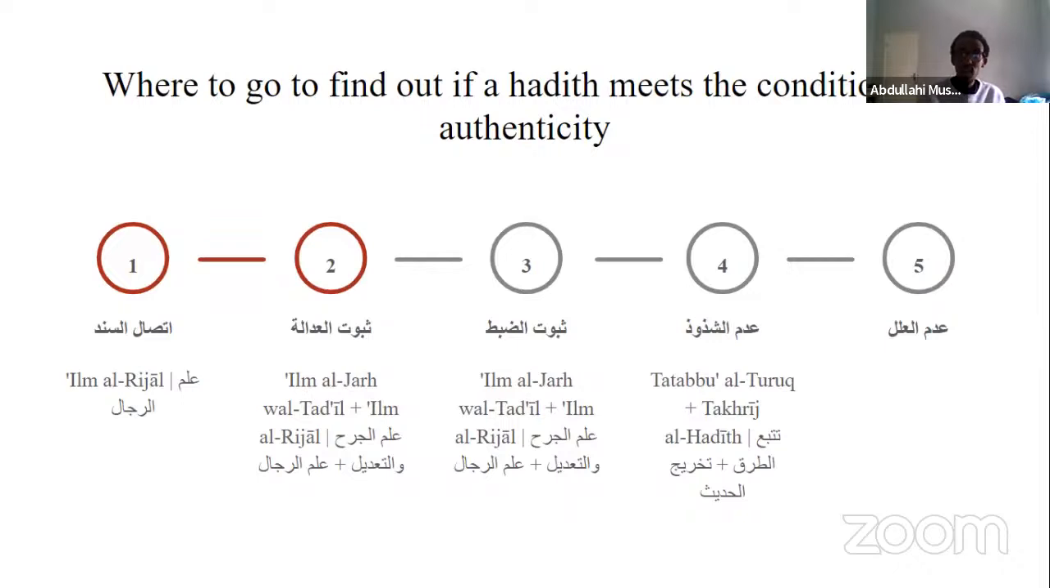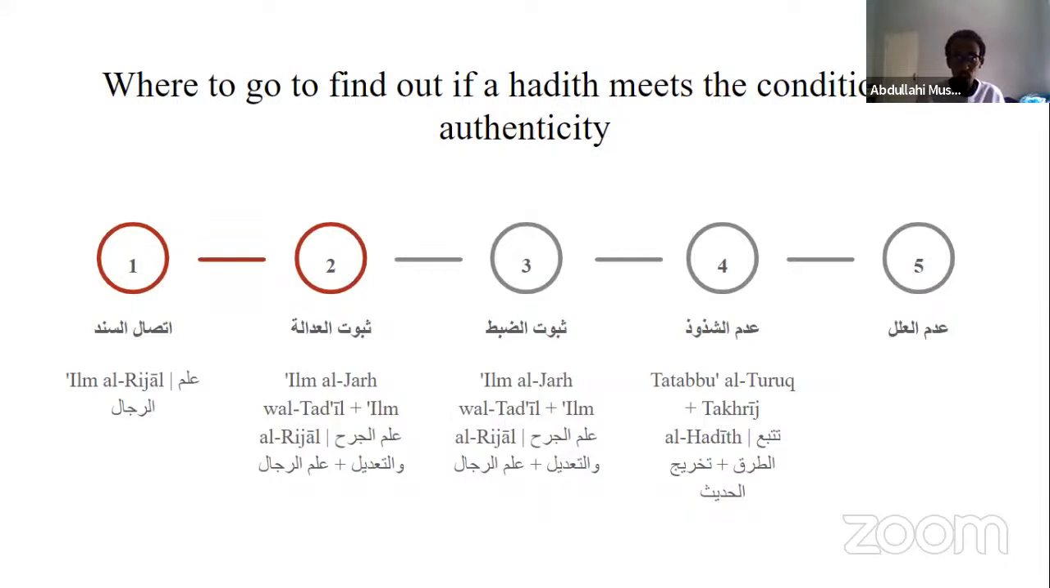Which means that if you want to check whether a hadith is muttasil, has ittisal sanad, its chain is connected, we need to go to those works that have been authored that give us biographical entries on all narrators. And that subject, we could call ilm al-rijal. Al-rijal means men, but ilm al-rijal is a subset of ulum al-hadith that looks into the biographies of each